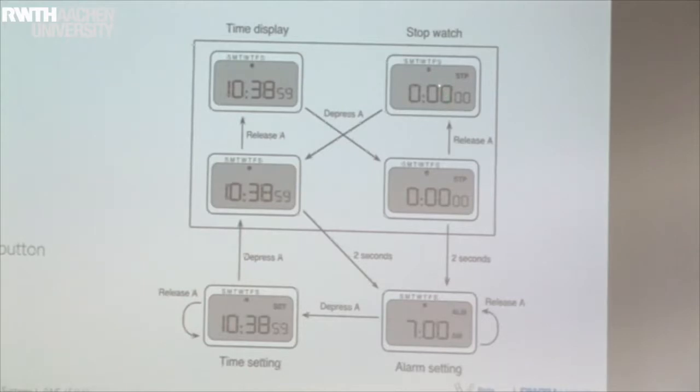Once we are up here at the stopwatch, again, if we press A, we immediately end up on time display. If we hold it there for 2 seconds, we end up in the alarm setting. If we let go before that, we end up in time display. So far, so good. And then here we are saying, once I've entered the alarm setting here,